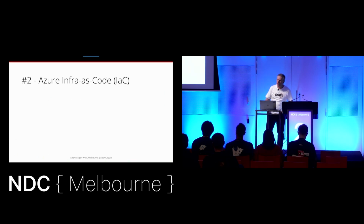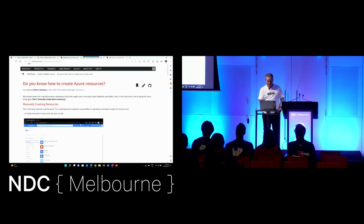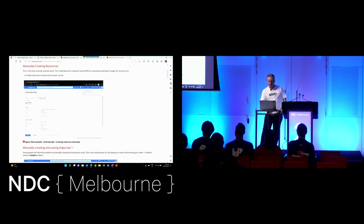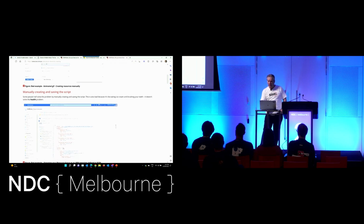All right. So this is infrastructure as code. Really, really important. We have a rule on this. I actually have nothing to do on the weekends, so I just write rules. And this is the common problem. You start looking at what you need to do in Azure, and this is normal. You start clicking through, working out, basically, they refer to this as exploring or ClickOps. So we are just creating all the resources manually. What you can do from that point, you should not pass go from that point. You should open it up and save that